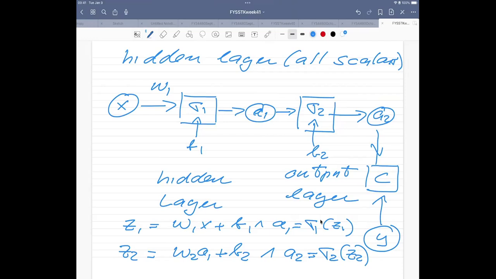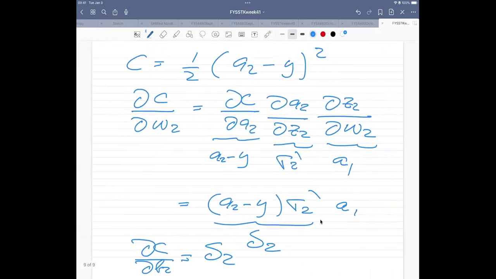So what we found here are the derivatives for the output layer. So what we have now is the derivative with respect to W2 and to B2 here. So we have two pretty compact expressions, which we then can plug in the update of the